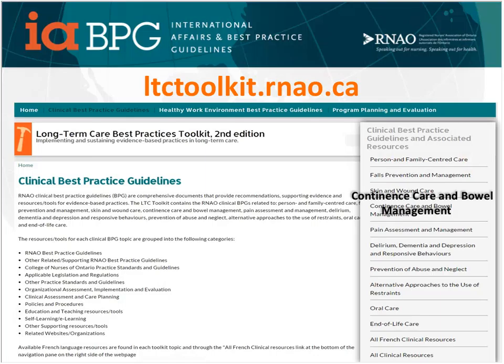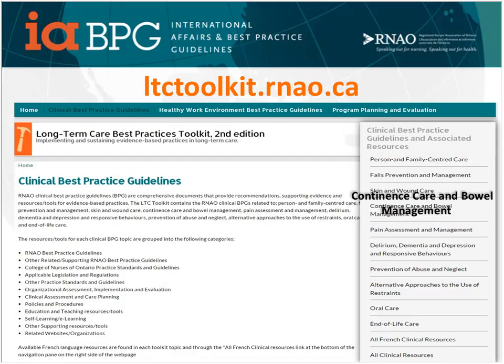So as you see, there's a comprehensive list. So I want to take you to one of the resources, which is the second edition of the LTC Toolkit. This has been developed for long-term care homes by my colleagues across Ontario. And there are several clinical topic areas. There are 10 different topic areas. For our purposes this afternoon,